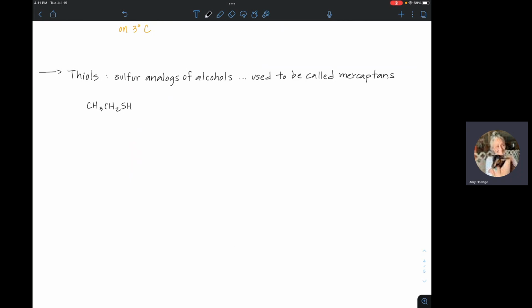So there's your thiol, right? With mercury salts. So if you take, say, the mercuric ion, what you get out of this is